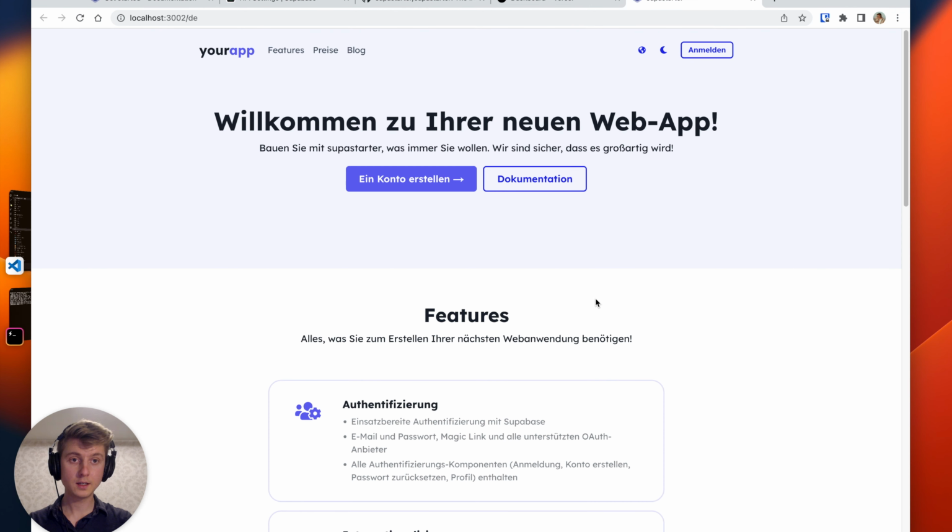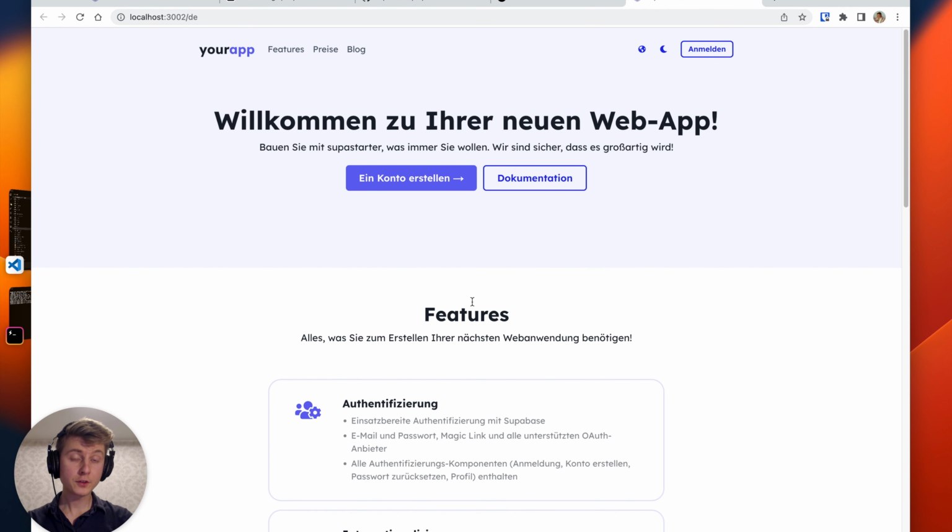And as you can see, here is your local instance of the Supastarter app running within a few minutes. Now, there are a few more things that we need to configure before we can actually deploy our application to production. And the first thing is that we need to set up the database structure for Supabase for the example